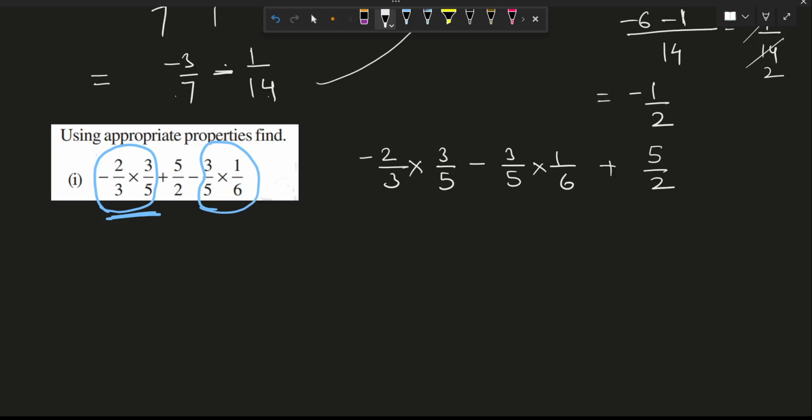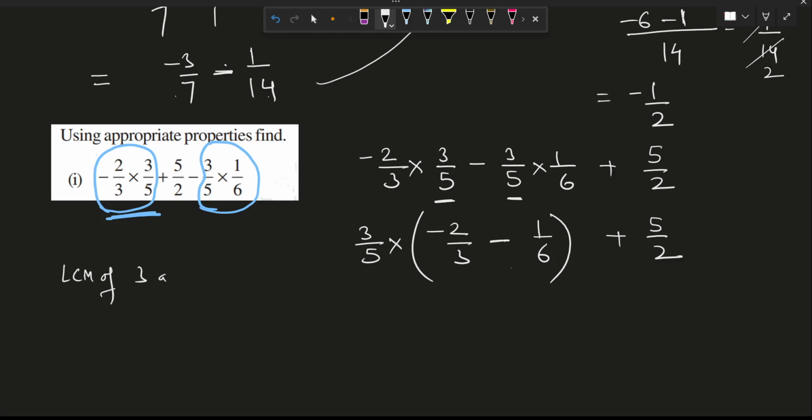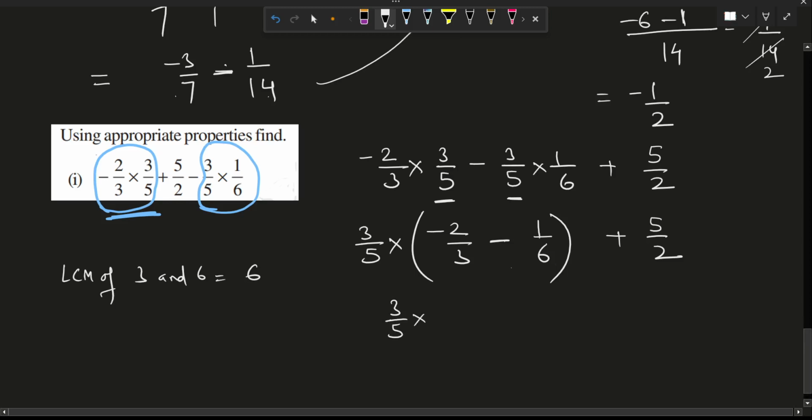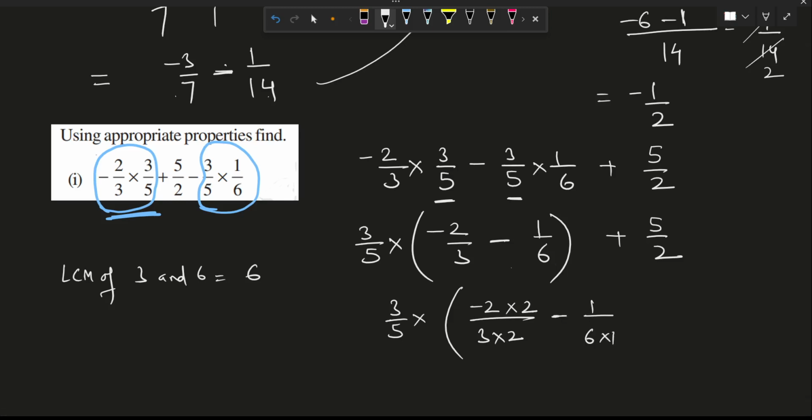Clear? Over here now see, 3 by 5 is again common in both of them. It's being distributed in both of them. So I'll take 3 by 5 common. What is left here? Minus 2 by 3. Negative sign is there. Keep it as it is. Minus 1 by 6 plus 5 by 2. You know what is the LCM of 3 and 6? That's easy to tell. LCM of 3 and 6 is 6 only. So 3 by 5 multiplied by, LCM is 6, so I have to multiply it by 2. So numerator also 2 minus 1, 6 into 1 into 1,